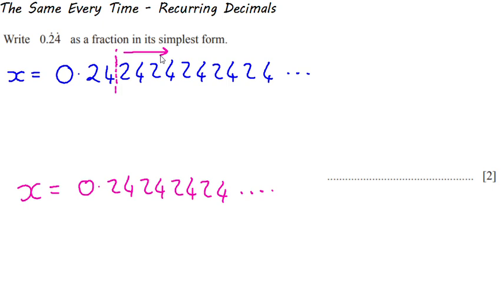To get my decimal point to that cut-off point, I need to move it 2 places. Moving my decimal point 2 places is equivalent to multiplying by 100. So x equals this, and 100 times x is, moving my decimal point 2 places to the right,